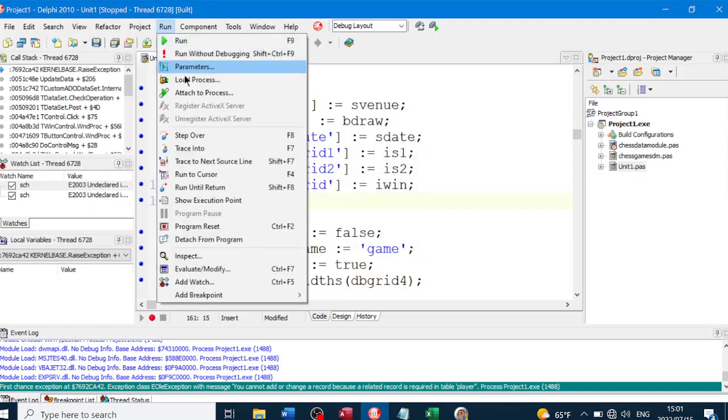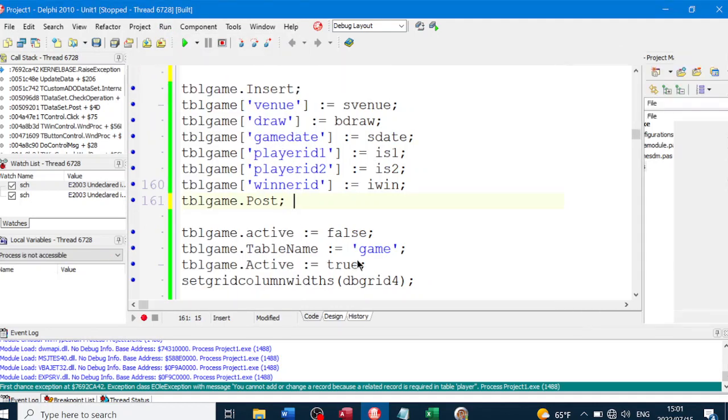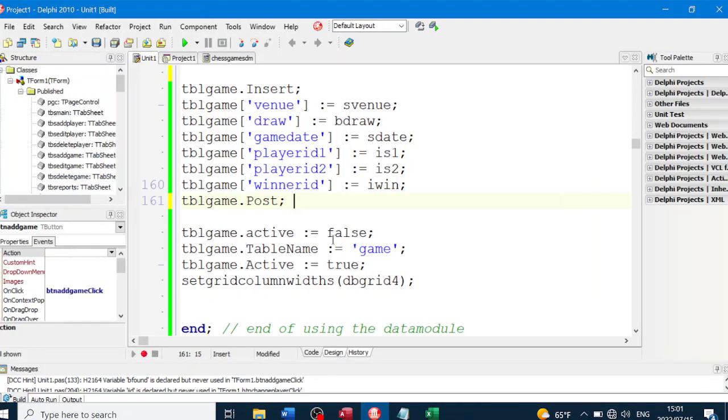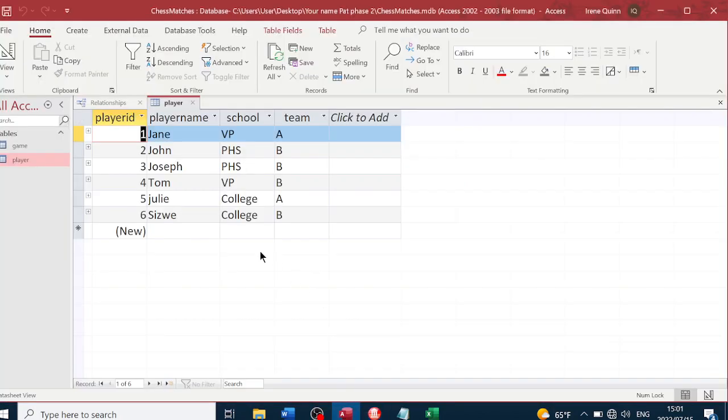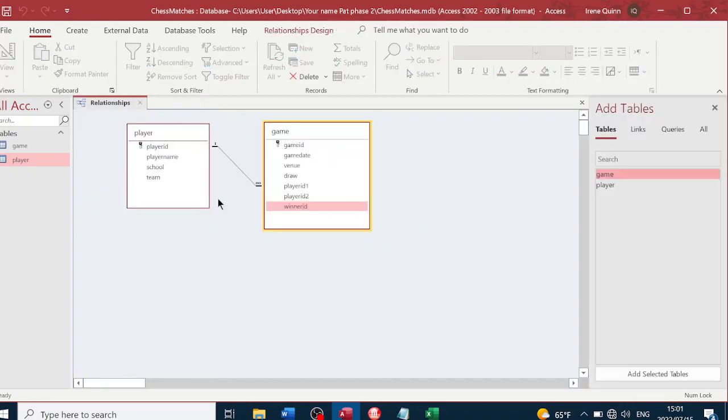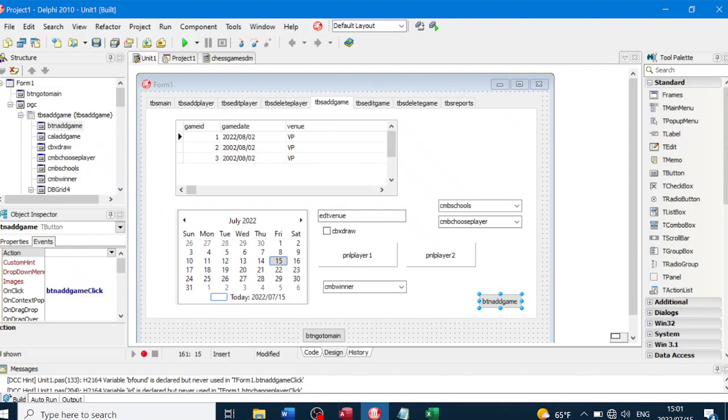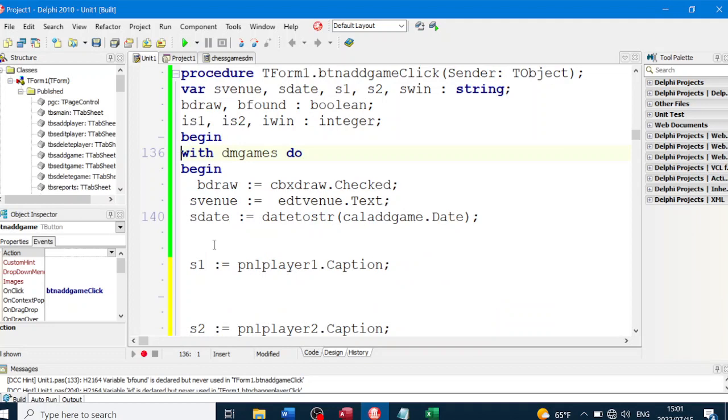Player 1 has to have a player ID for that first one. Remember, because it's the primary key, it's a foreign key over here. So player ID has to have a value. So the first there we have to have the caption, player 1 caption must be filled. So in this button click we're going to find out if S1